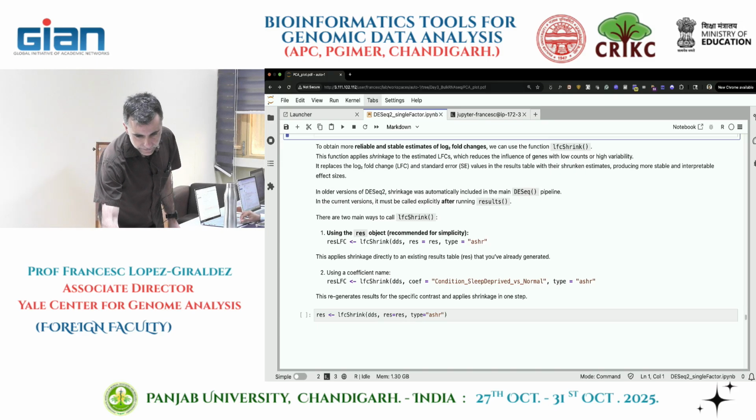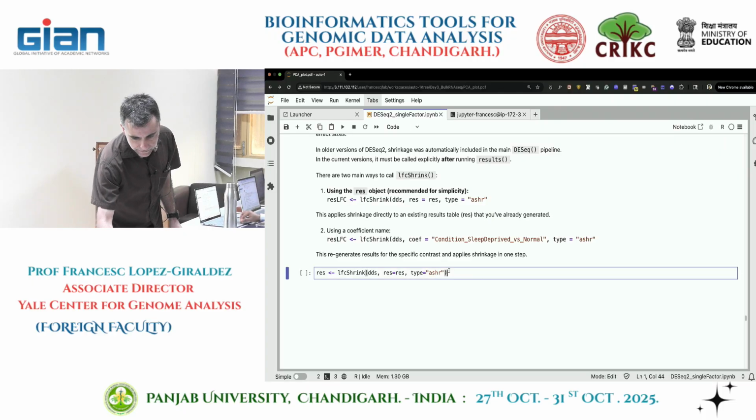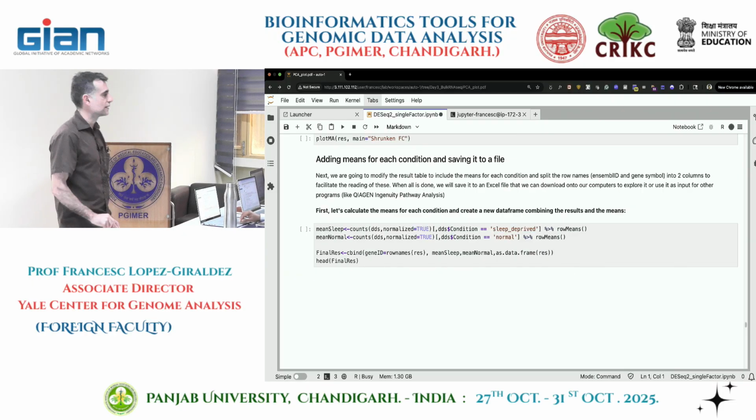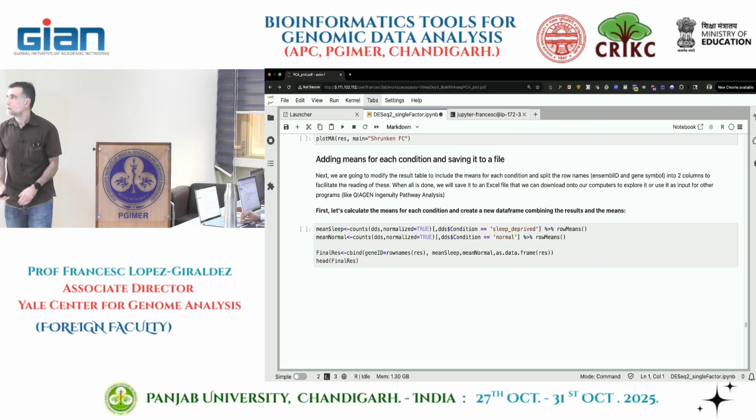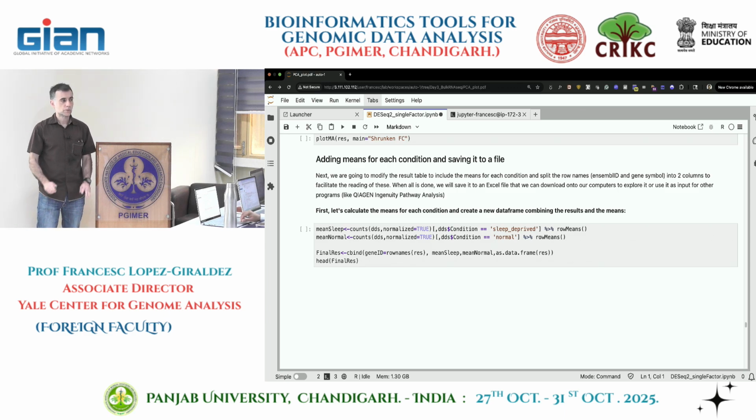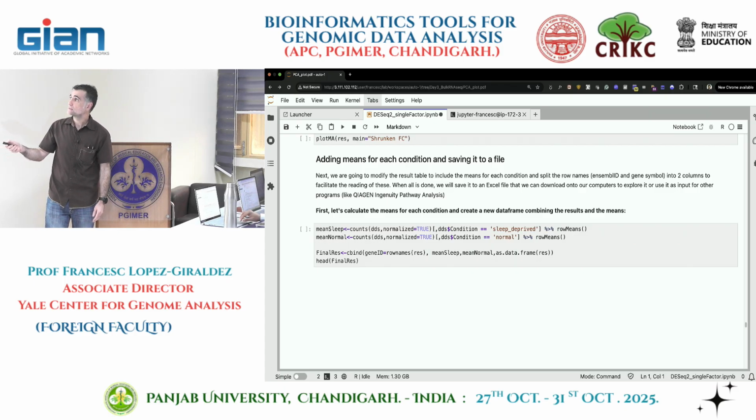So will it remove all the low count genes with higher fold change? No, we don't remove anything. It's not removed. At this point, we're not removing anything else. We just have a table stored in this variable called res. Right? If you go up,